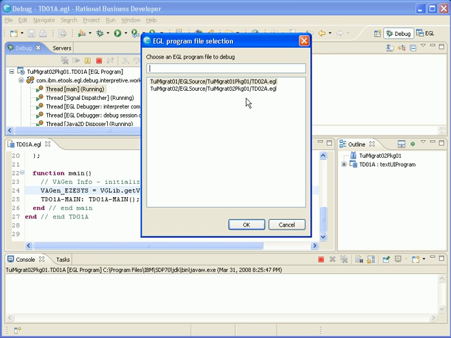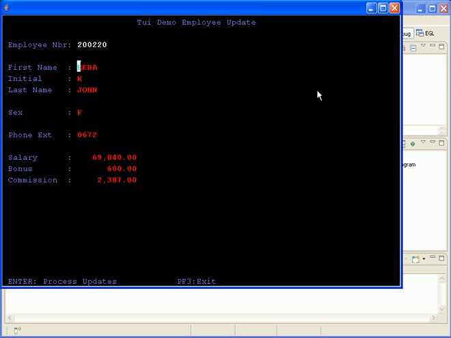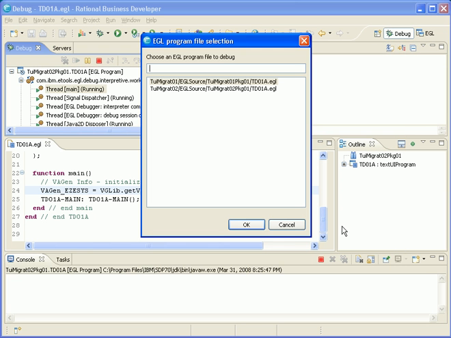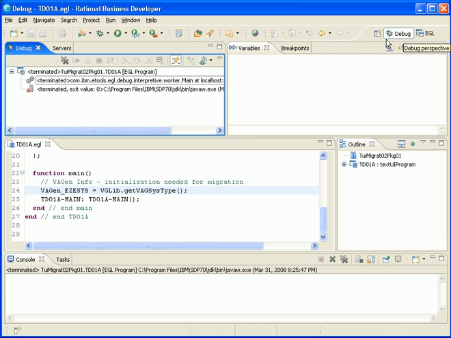It's asking me which one I want to run because I've migrated this application many times. Select it, hit enter. Again, I've imported many times. Successfully completed. Updates work, screens work exactly as you saw in VAGen. And again, you can close the debug view,